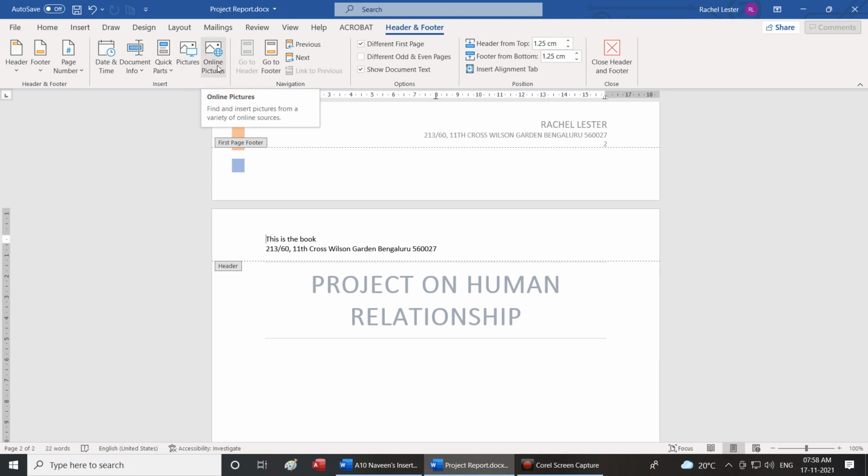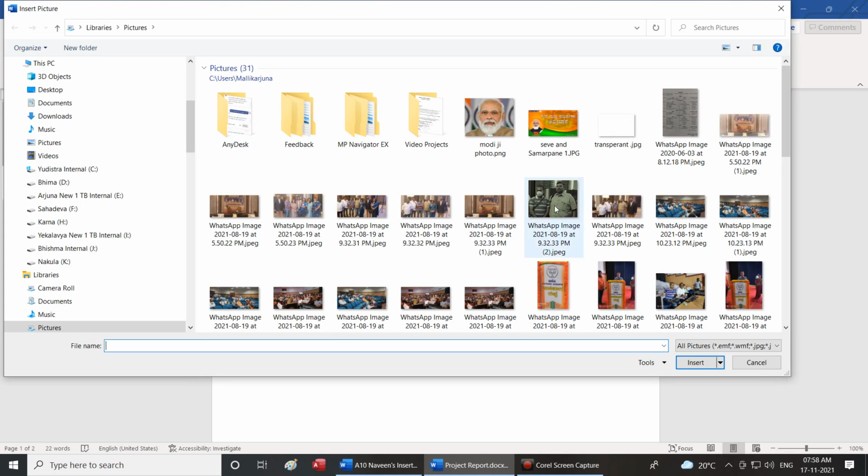The next one is online pictures. See, inserting pictures, I'll just show you. I am in a footer. I'll just go for pictures. Just like we inserted pictures, a new window opens up. I can always browse.